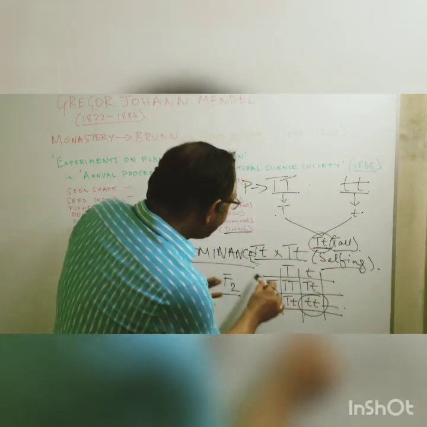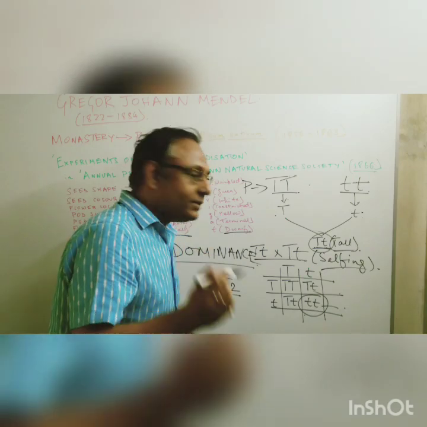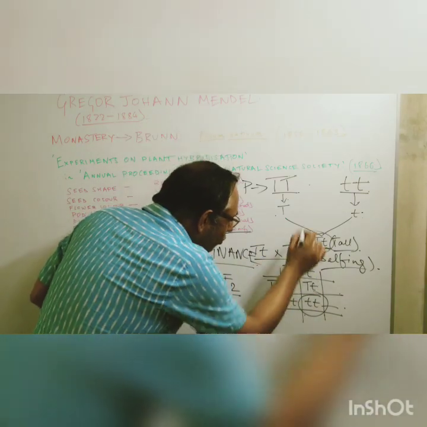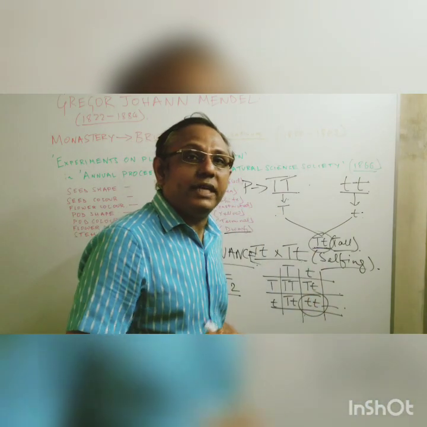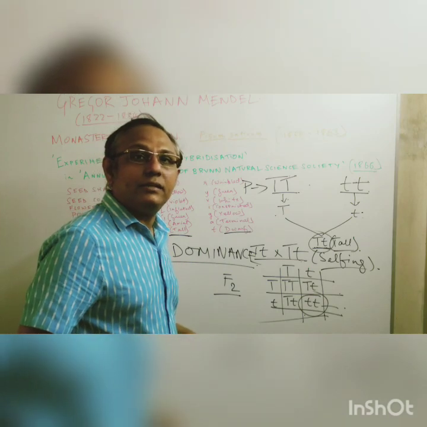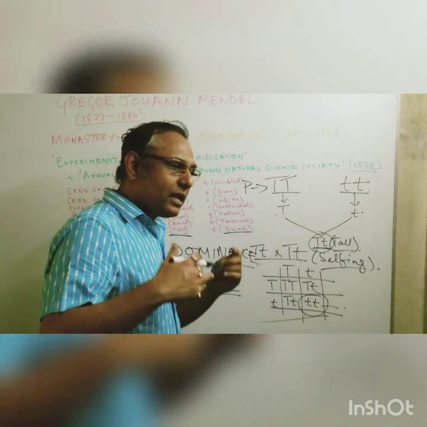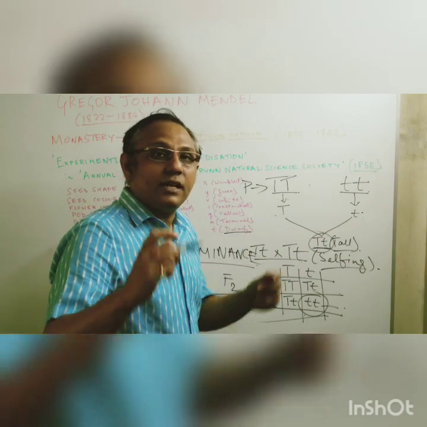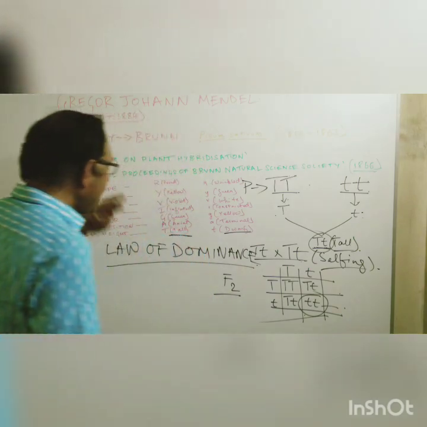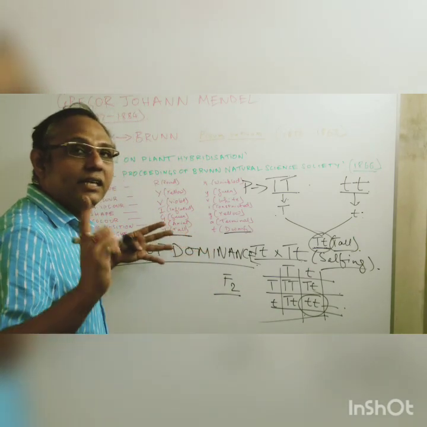But then in the next selfing, we find that it comes out, because small t and small t will have a 1/4 possibility of being expressed in this new hybridization experiment. That is why we call this the first cross that Mendel does, and this is known as a monohybrid cross, and this gave rise to the first law of Mendel's, which is known as the law of